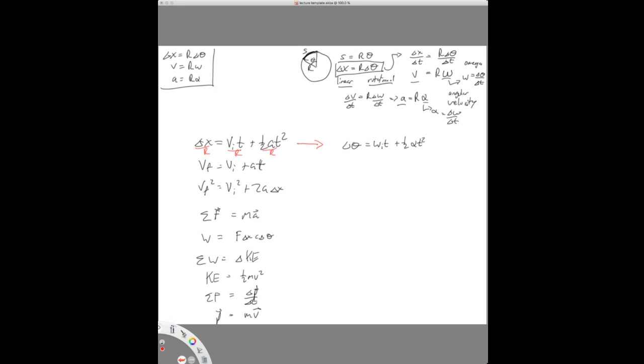And doing the same thing for the next two equations, we'll convert them. Anywhere we see a v, we get an omega. Anywhere we see a delta x, for example, we're going to get a delta theta. And so what we can do is take all of the physics that we've learned so far and convert it into the rotational version. So these are the linear